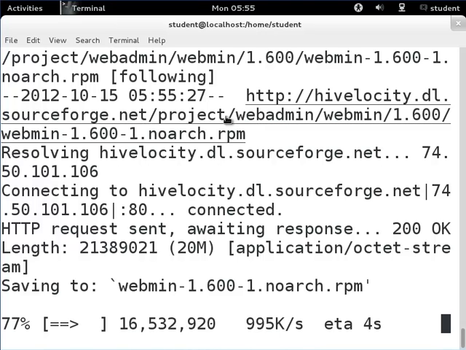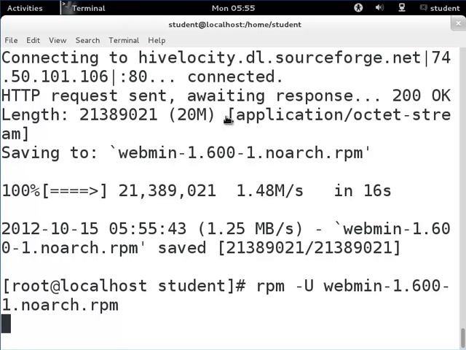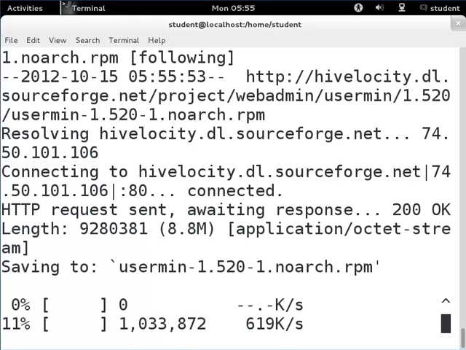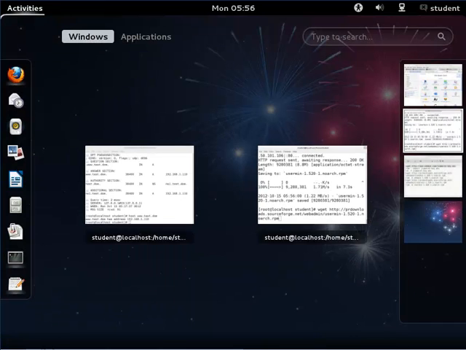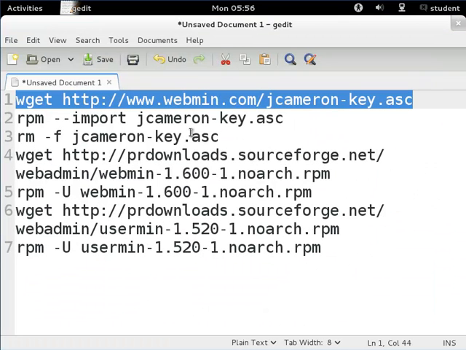So I typed in su space dash password in order to become root user. Here you can see, and it's installing and downloading. So again, the command was wget and it was